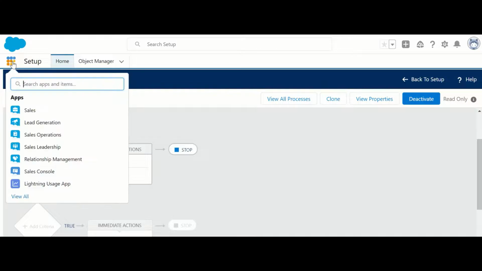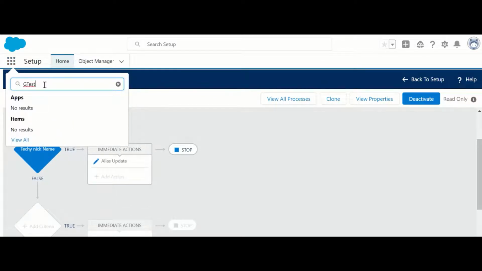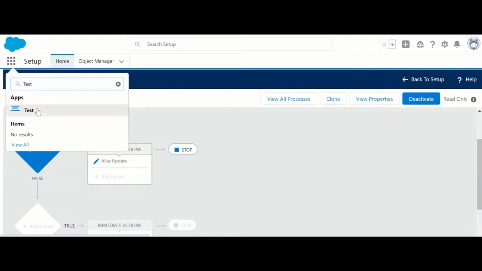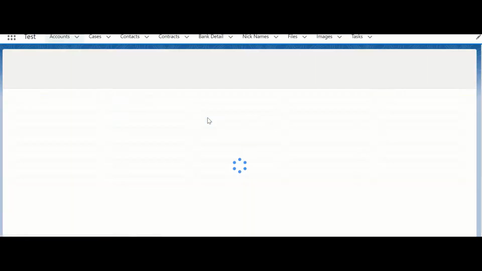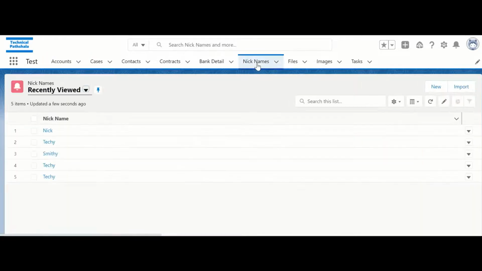Now test this in our application. Navigate to the Nicknames tab, select all views.